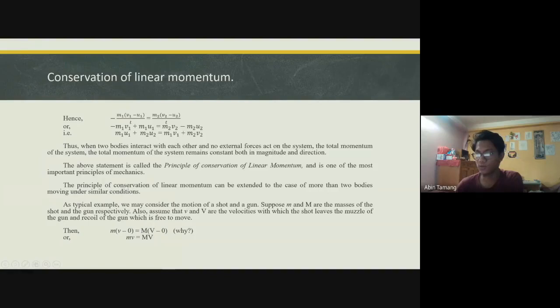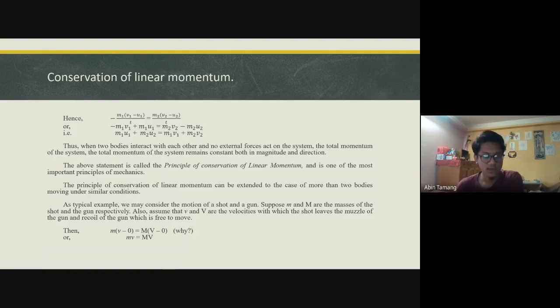Now if we arrange them, then we get m1 u1 plus m2 u2 equals m1 v1 plus m2 v2. Thus, when two bodies interact with each other and no external force acts on the system, the total momentum of the system remains constant, both in magnitude and direction. The above statement is called the principle of conservation of linear momentum and is one of the most important principles